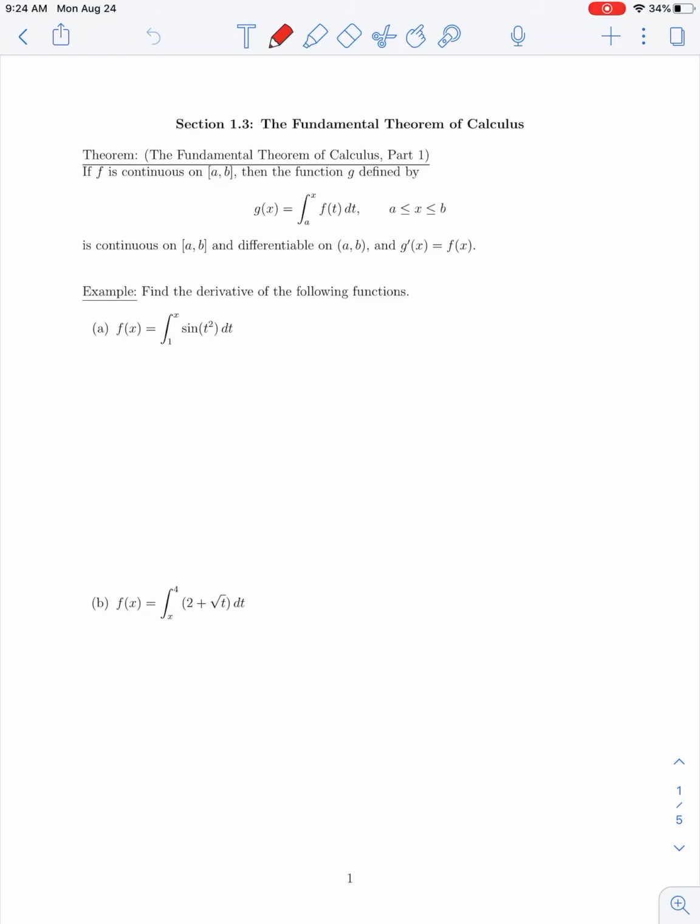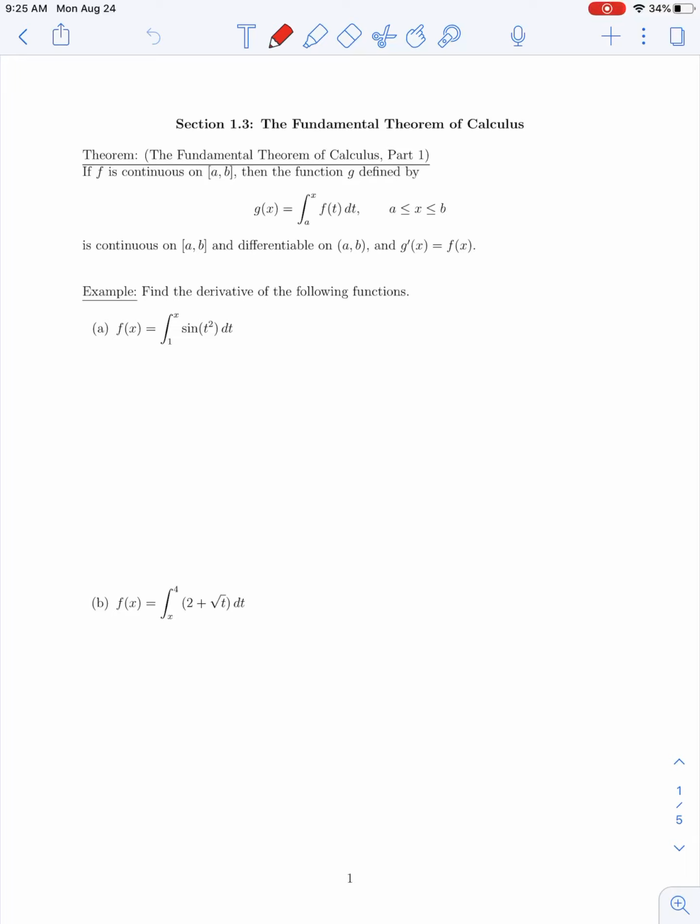Okay, in this lecture we're going to cover our section 1.3 material on the fundamental theorem of calculus. Now this is a result that you saw towards the end of your Calculus 1 course, and you might recall that the fundamental theorem of calculus is actually stated in two separate parts. So in this lecture we're going to talk about part 1 of the fundamental theorem of calculus, which says the